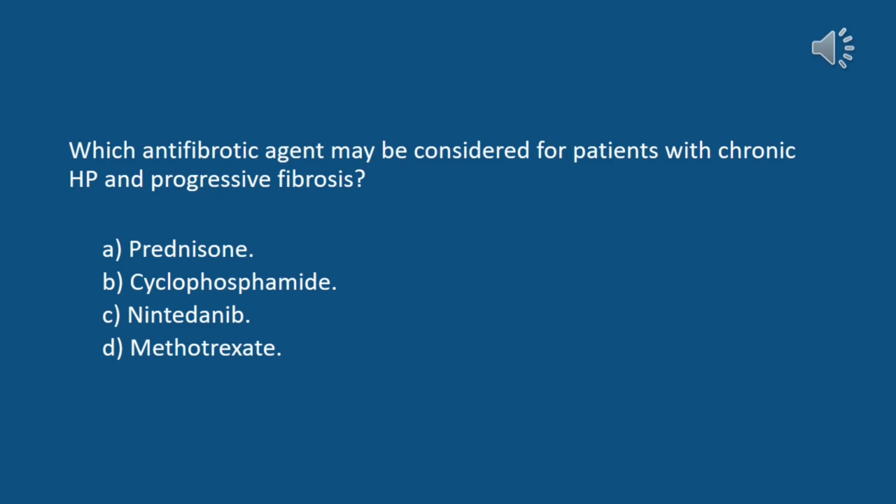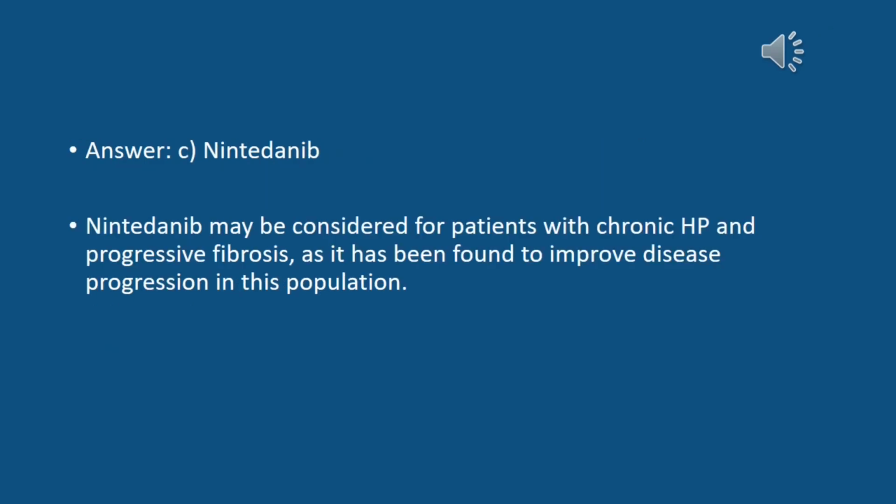Which antifibrotic agent may be considered for patients with chronic HP and progressive fibrosis? A. Prednisone. B. Cyclophosphamide. C. Nintedanib. D. Methotrexate. Answer: C. Nintedanib. Nintedanib may be considered for patients with chronic HP and progressive fibrosis, as it has been found to improve disease